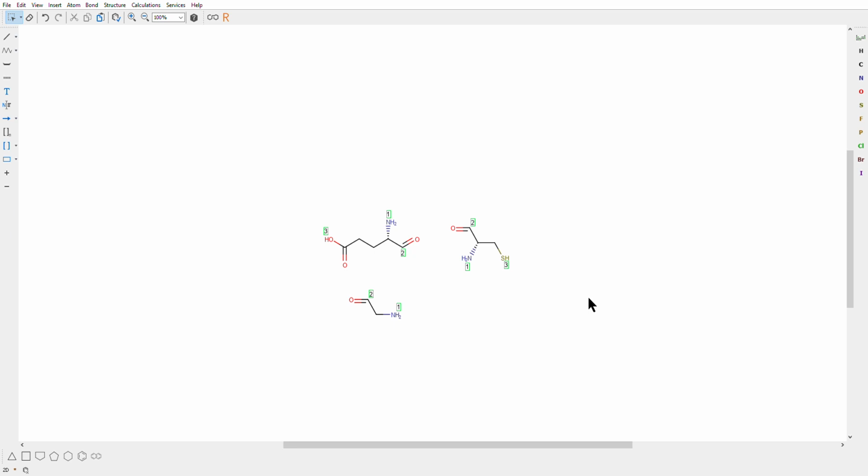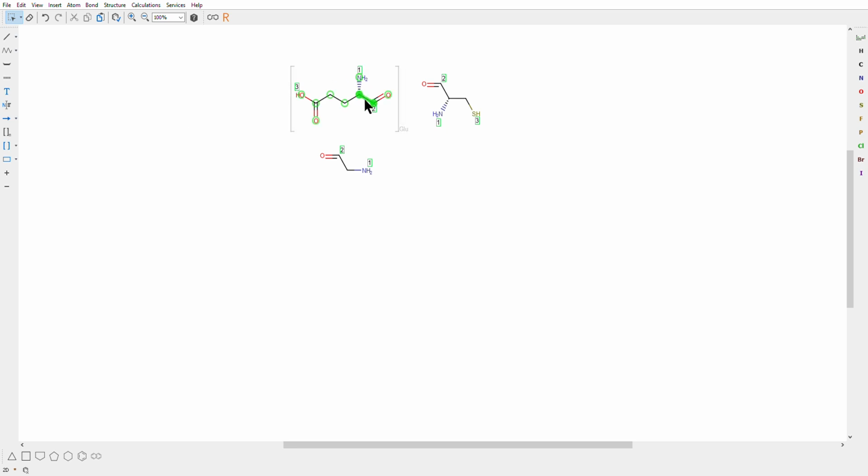Now you have all these three building blocks, and we know that the peptide bond between the glutamic acid and the cysteine is an isopeptide. That means the side chain forms the peptide bond with the amine instead of the alpha carbonyl. So we have to rotate this molecule. So we select and we rotate. So we have this